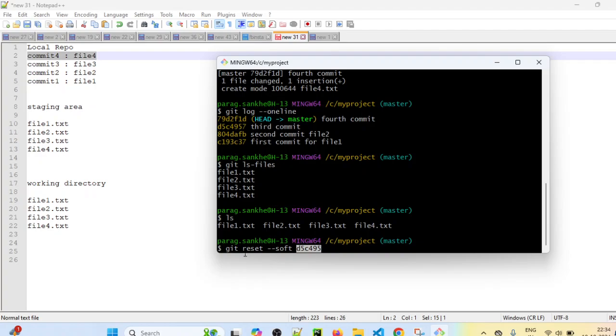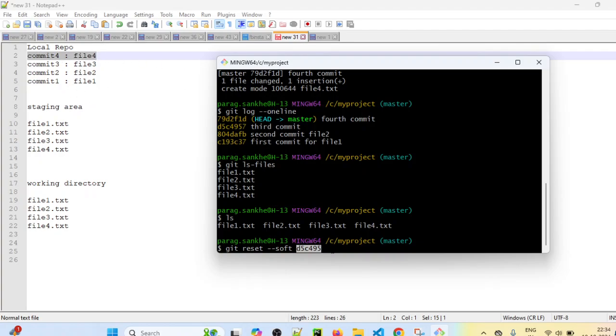Git reset --soft and this commit ID will revoke the 4th commit from local repository only. It will not touch staging area files or working directory files. Staging area and working directory files will remain unchanged. It will only revoke commit 4 from local repository.